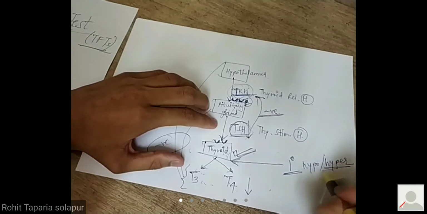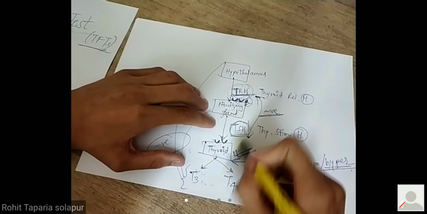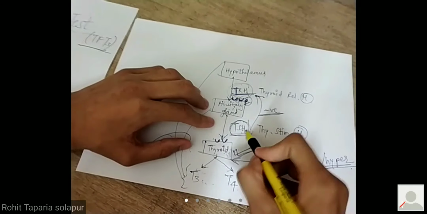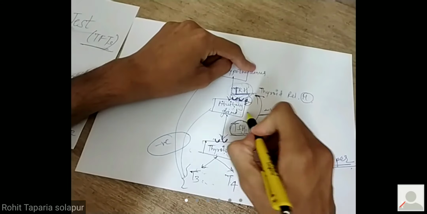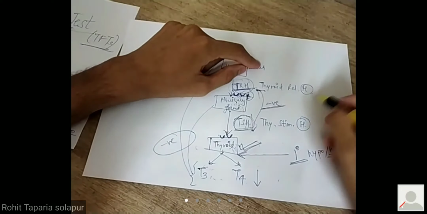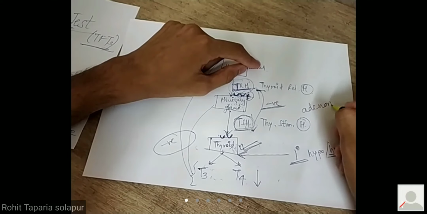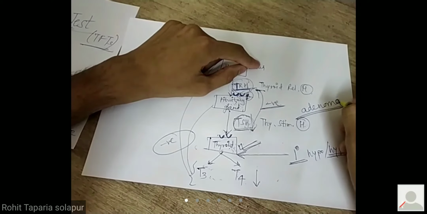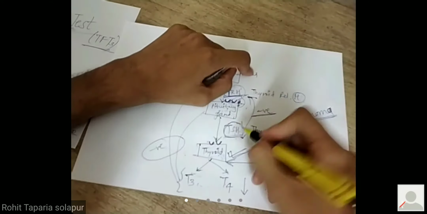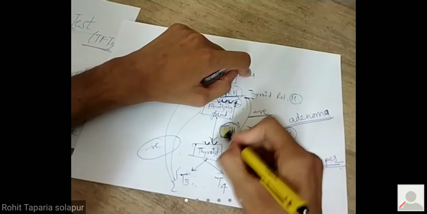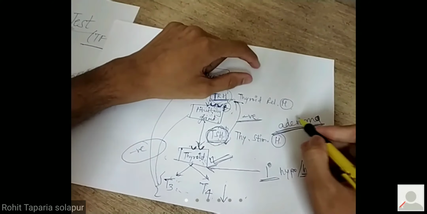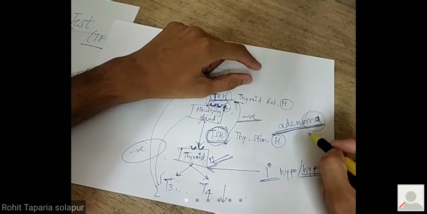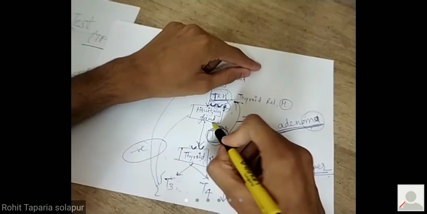ओके, हायपर कधी होणार? जेव्हा त्याला वरून आदेश जास्त भेटणार, म्हणजे TSHचं प्रोडक्शन जास्त होणार. TSHचं प्रोडक्शन जास्त कधी होऊ शकतो? जेव्हा पिट्युटरी ग्लँड हायपर ऍक्टिव्ह आहे. कधी ऍक्टिव्ह होऊ शकते? When there is pituitary adenoma, very common condition. Common reasons which will increase the TSH is adenoma, pituitary adenoma. Adenoma means what? Oma is cancer. Cancer of what? Gland. This is a gland, pituitary gland.